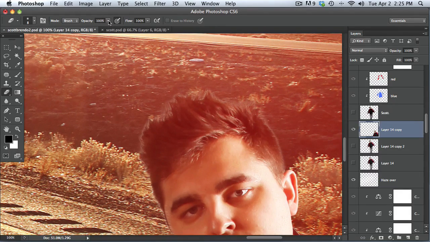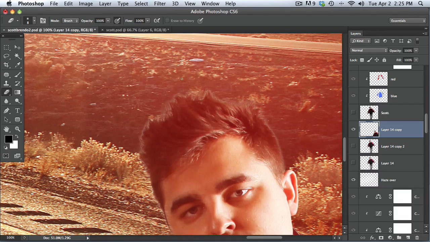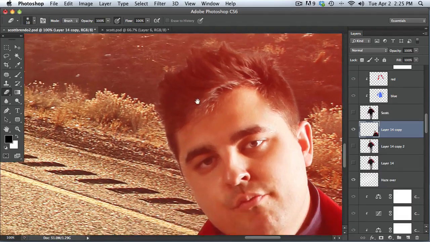I'm at opacity 100%, and I'm at a really soft edge brush. What I usually do is go around and erase that halo. When you do that, you don't want to cut off too much of the hair. You want to get as close as you can, but you want it to still look good. So I'm just going to show you how to fix this really quickly. So let's say once you get rid of a good amount of the halos, and you're starting to like it,